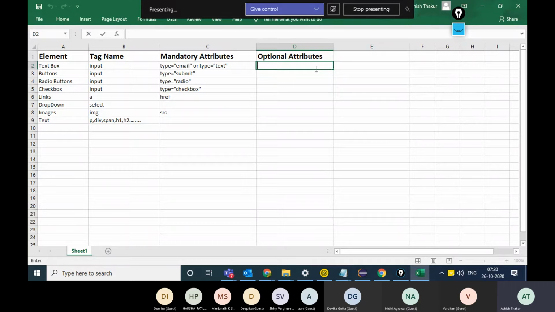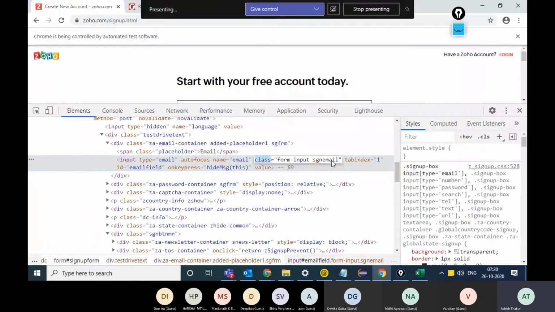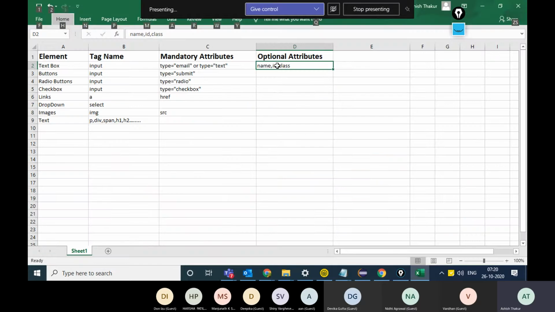So optional attributes are like name, ID, and class. Class attribute, if it is there with an element, for example, I have the class attribute over here, it becomes easy to identify the element, but it's not unique. I'll talk about the class attribute in detail in coming days, but name and ID,